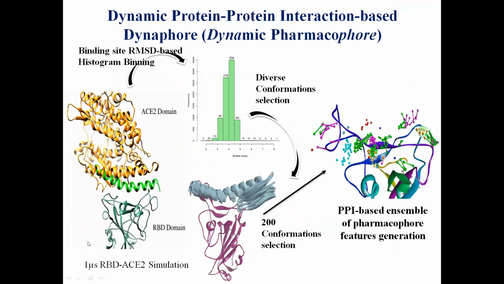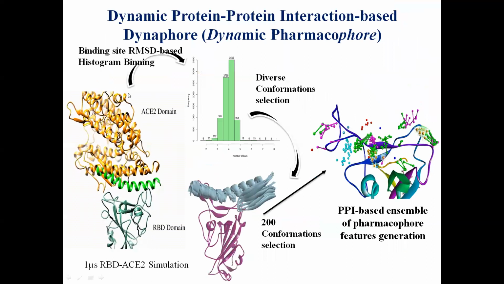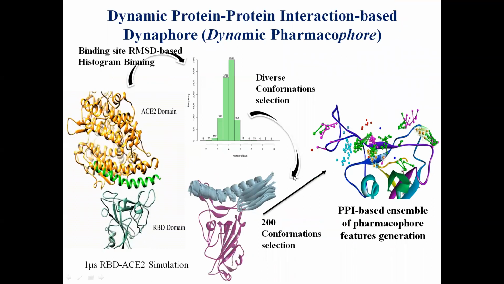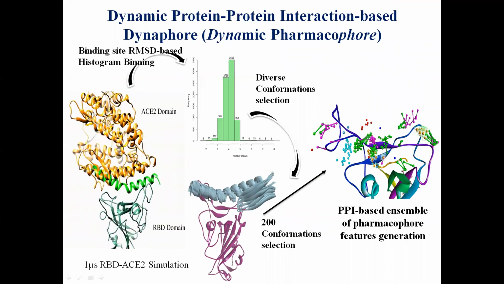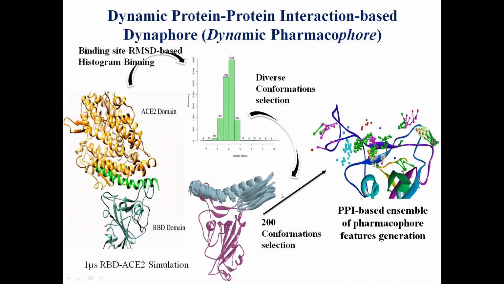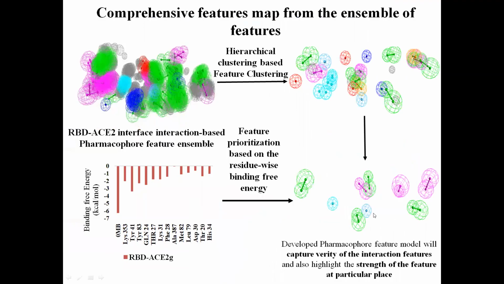You did the MD simulation, and based on that you pick the set of conformations which are stable and contributing to very good binding energy. Now you are dividing them into pharmacophore features using which you can screen compounds like this. I don't have time to get into this work. These colored spheres are going to be like, if this is green,